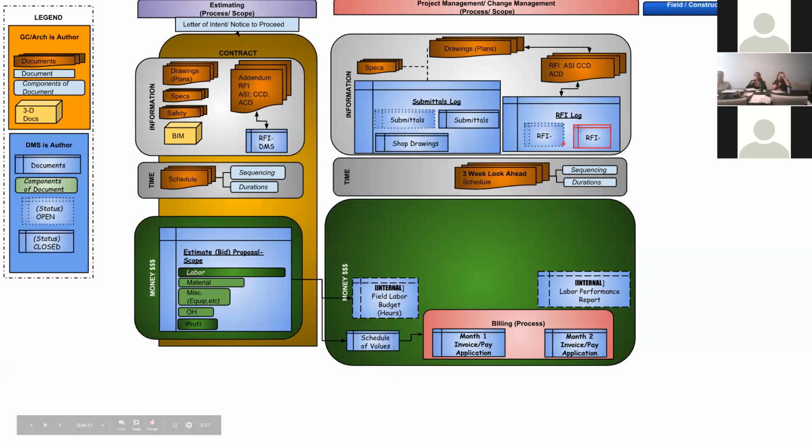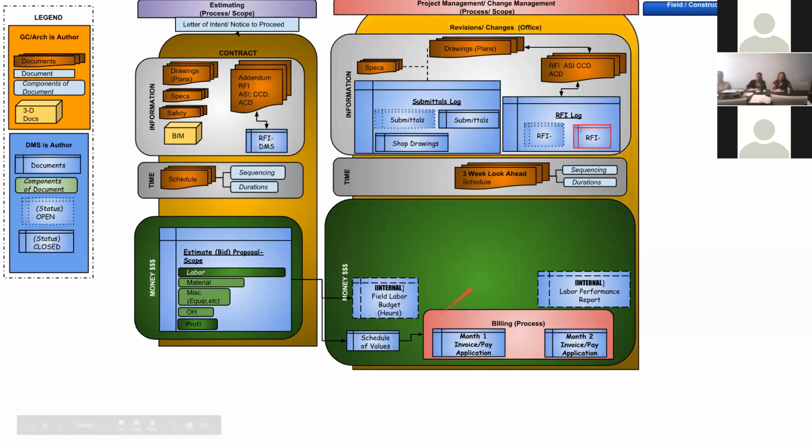Okay, let's now talk about, back up to the RFIs. As RFIs come in, let's say there's an RFI that got answered and it affects us. So I put this one up here in red to focus here: if an RFI comes in and affects us, the project manager has to understand the scope, the constructability, the terminology, the sequencing and the state of construction when that RFI is evaluated,